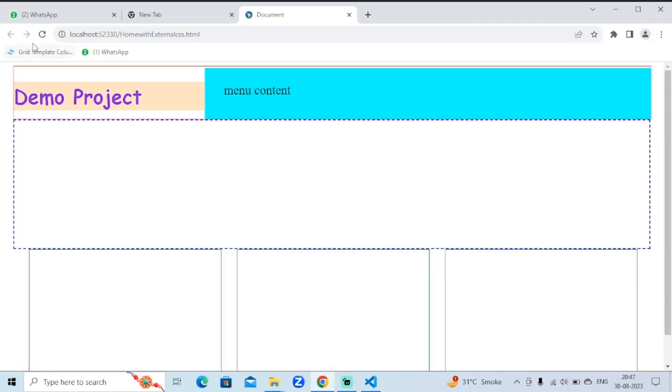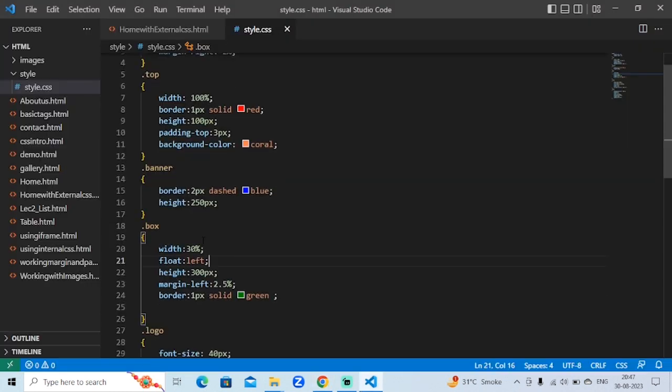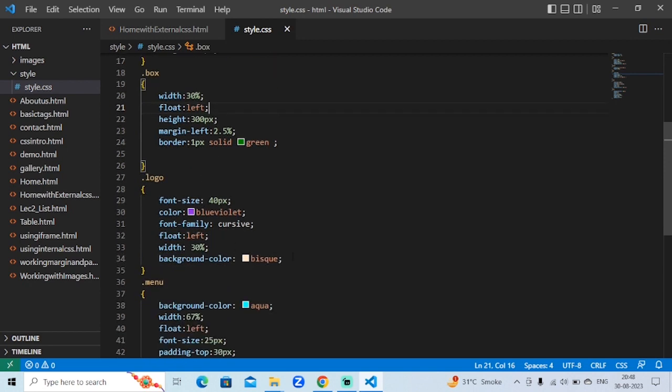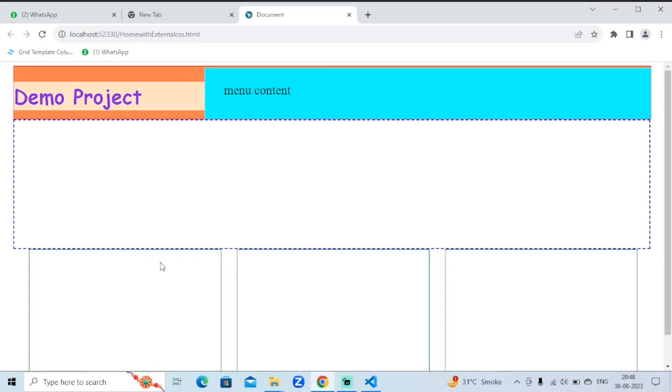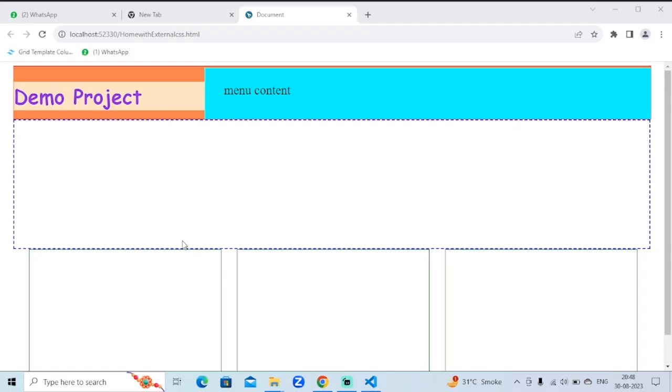Save the page, go to the browser, refresh. You can see some little orange line over there, right? So this is the distance. We need to check where is some margin. So this is fine. Remove this for logo, and for this one, this color will be changed. Fine,